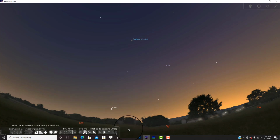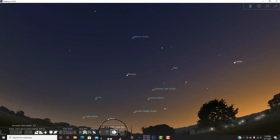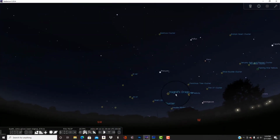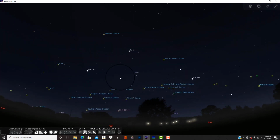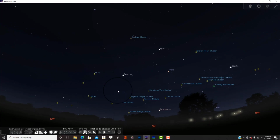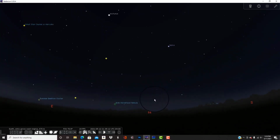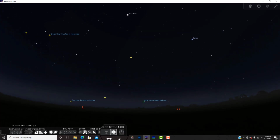So we want to turn that on, and as you fast forward time here, you can see that it gets darker, and here it is, completely dark. And all of these great targets here are setting, so we know we can't look here for any targets, and so we want to look to the east here, and this is where everything rises, east, southeast, and you can see this is at 9:39 here, and if we fast forward a little bit,